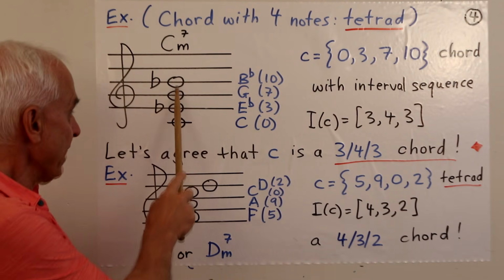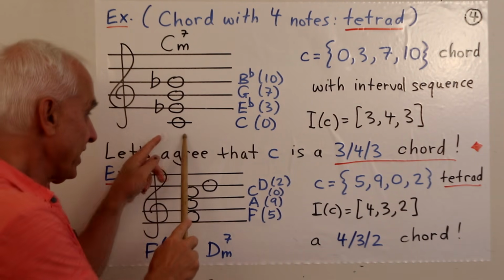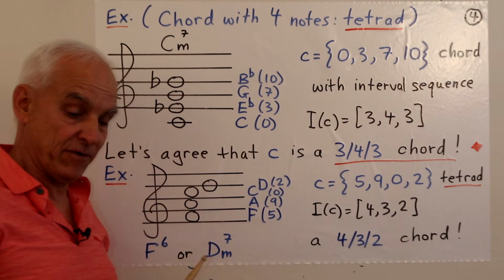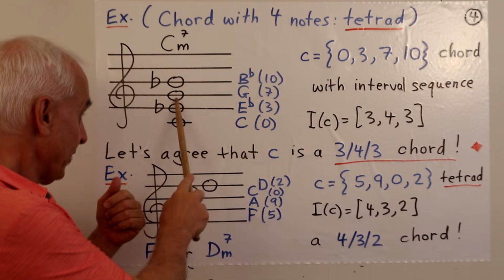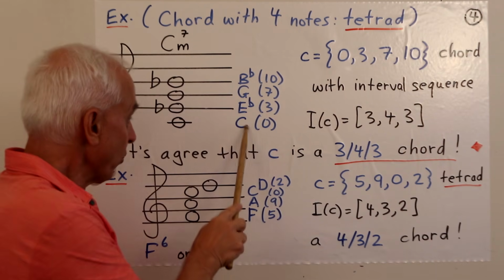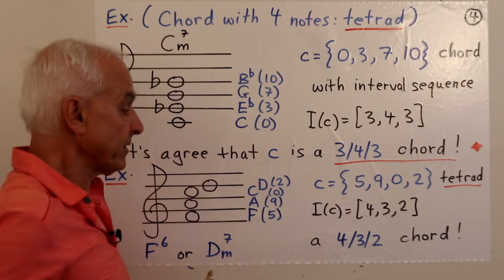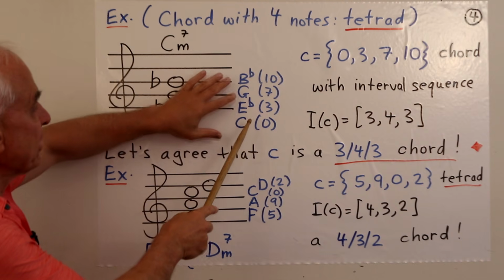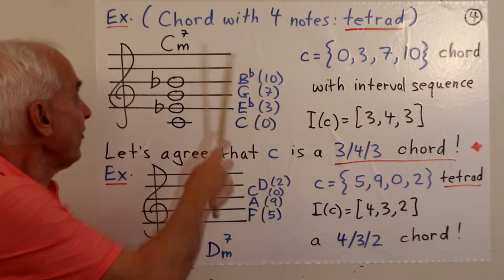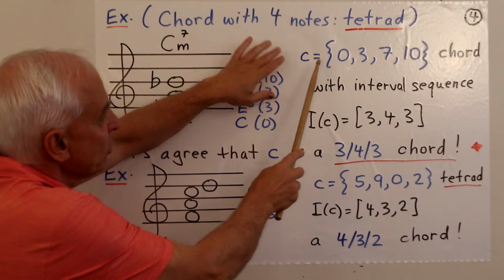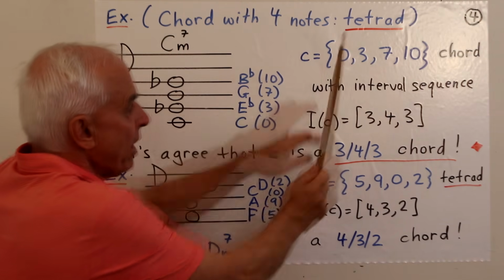We have 4 notes now. In the standard notation, this is a note C. This is a note E, but it has a funny flat in front of it, so it's an E flat. This one is G, this one is B, but it has a flat in front of it, so that's a B flat. So there are 4 notes: C, E flat, G, B flat. In jazz, in music theory, this chord has a name. It's a C minor 7.